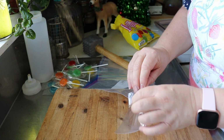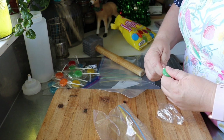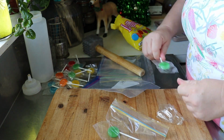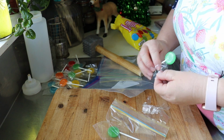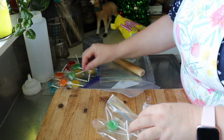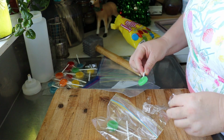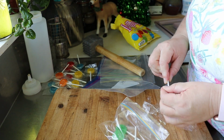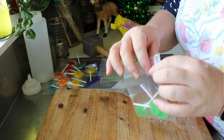I don't think they're even going to come off the stick. All the lollies these days tend to be little gummy ones. There's not a lot of good old lollies that used to be. Yeah, there you go again. Back in my day. So I'm going to pop them into a little baggie